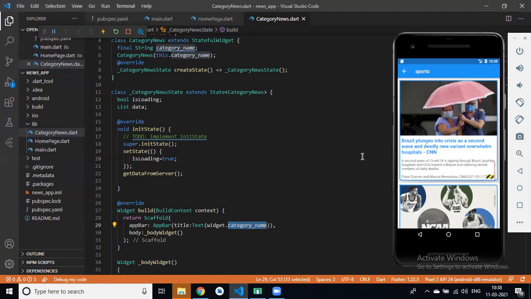If I define any variable as final, then that variable can't be modified in this page.